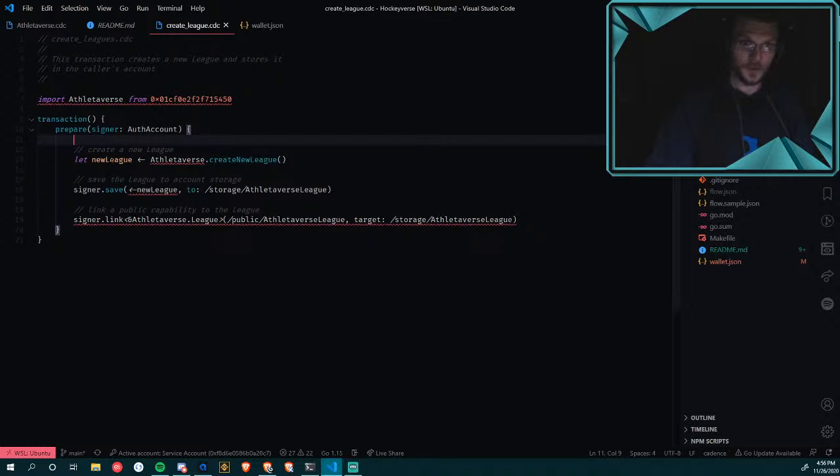Okay, so in our transaction, in our prepare block, our signer is going to create a new league. Using the Athletaverse contract, call the create new league method, which returns a new league resource. In our signer's account, we're going to save the new league to the Athletaverse league in account storage, and then link a public capability to this league.